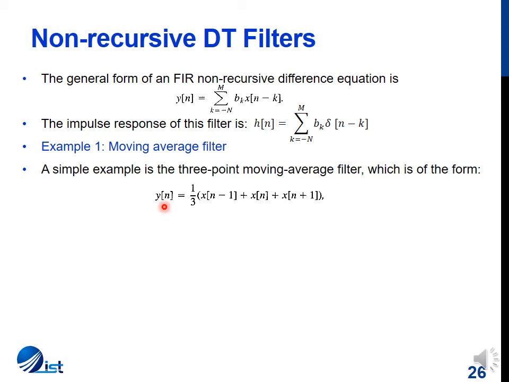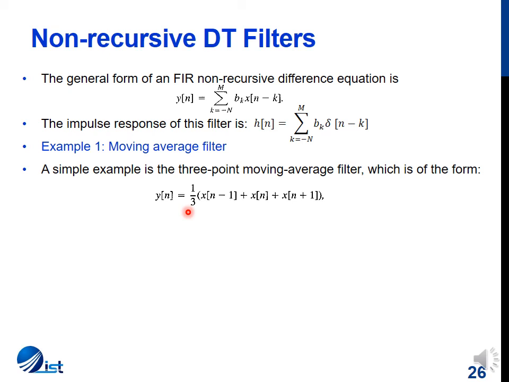where y of n is a moving average of all the samples which are being added. In this example, we are taking a 3-point moving average filter. So there are 3 samples, a current sample, a previous sample, and a future sample, which is being divided by 3. It is not necessary that you take a future sample. You can take 2 previous samples. So the equation shown is for a non-causal system, but y of n is equal to 1 by 3 times x of n minus 2 plus x of n minus 1 plus x of n is for a